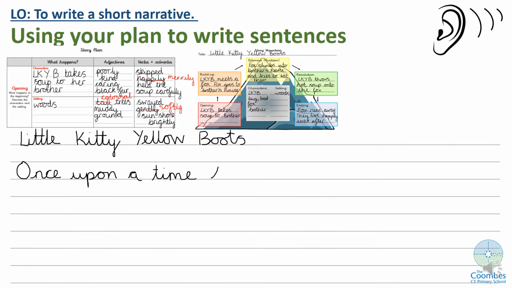So once upon a time there lived a small black cat. Because I'm going to be using two adjectives, I'll need to use my comma in between them. So a small, comma, black